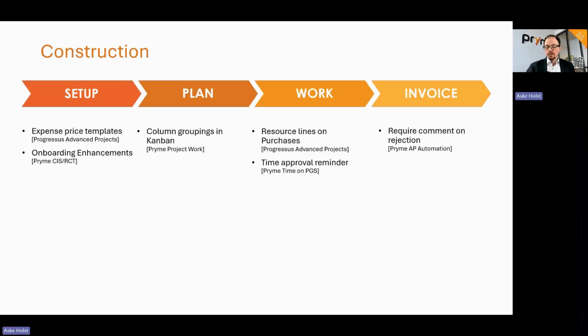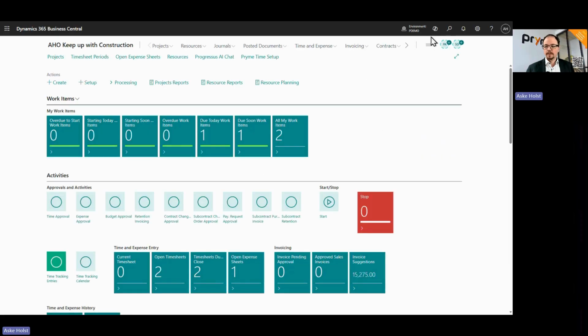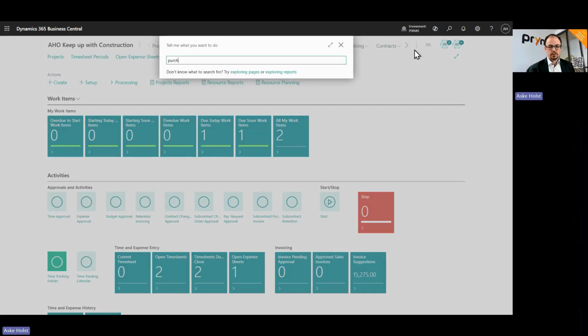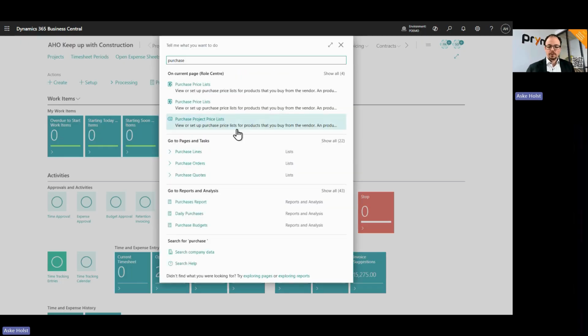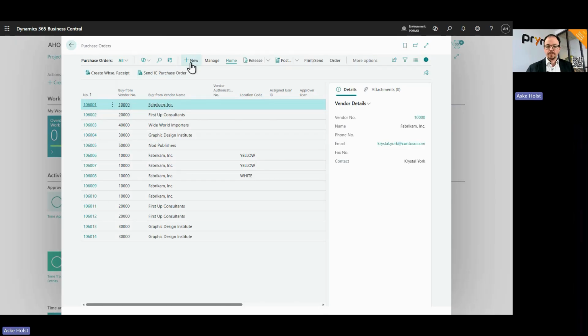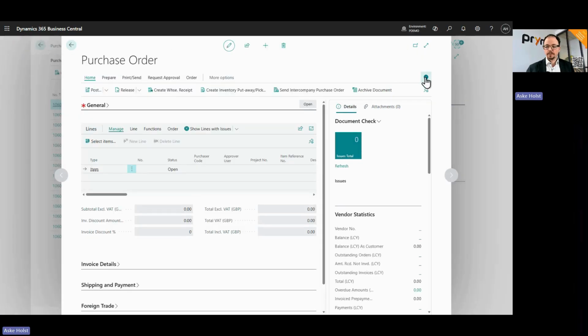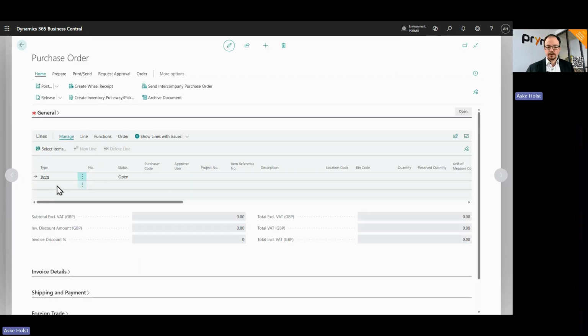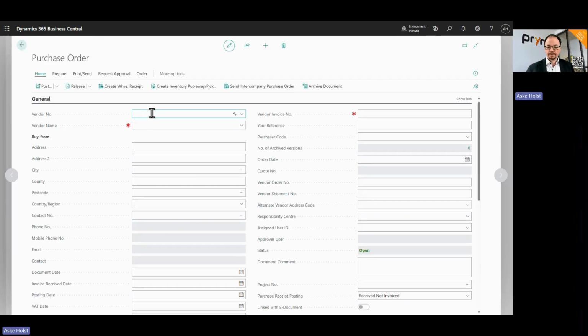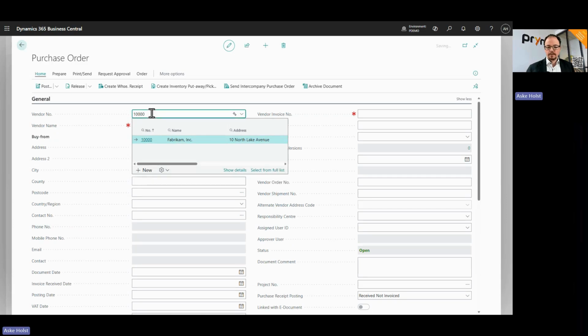In the work area, we have a new feature for purchase orders and purchase invoices. With Progressive Advanced projects, you've of course always been able to add invoice lines and purchase order lines for resources, but there has been a bit of a twist to it in that if you create a purchase order, you could not create a line of the type resource. So if it was for a project, so let me do it this way. If I create a new order here, and we say it's for Fabricam,